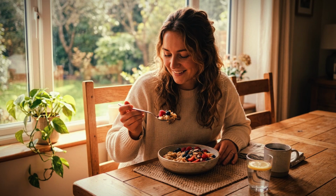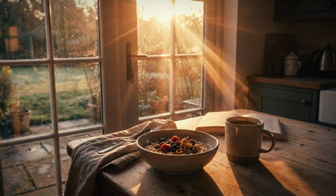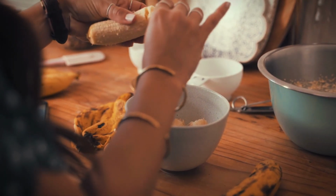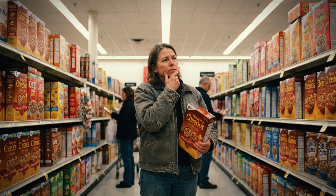Here's the honest bit though. Switching from something sweet and processed to something like Weetabix or plain oats isn't instant. Your taste buds have basically been trained by years of sugary breakfasts to expect that hit first thing in the morning. That craving is real. It's not a willpower thing, it's conditioning. The way through it, at least from what's worked for people I've read about, is adding natural sweetness instead. Sliced banana, a handful of blueberries, rather than reaching for syrup or those sugar-coated dried fruits. It takes a bit of adjusting, but it's the actual step that breaks the cycle of sugar spikes first thing